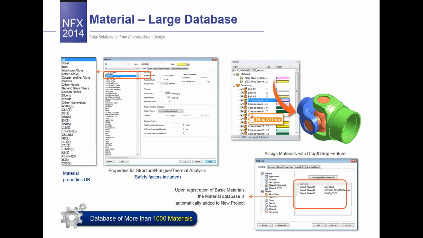Okay, so material data is very important to provide the stiffness into your model. For linear static purposes, we have to provide elastic modulus, for example, and Poisson's ratio, and we can provide this data manually, or we can use the data table, which is also implemented into midasNFX. For today, we have a database which consists of 1,000 materials,